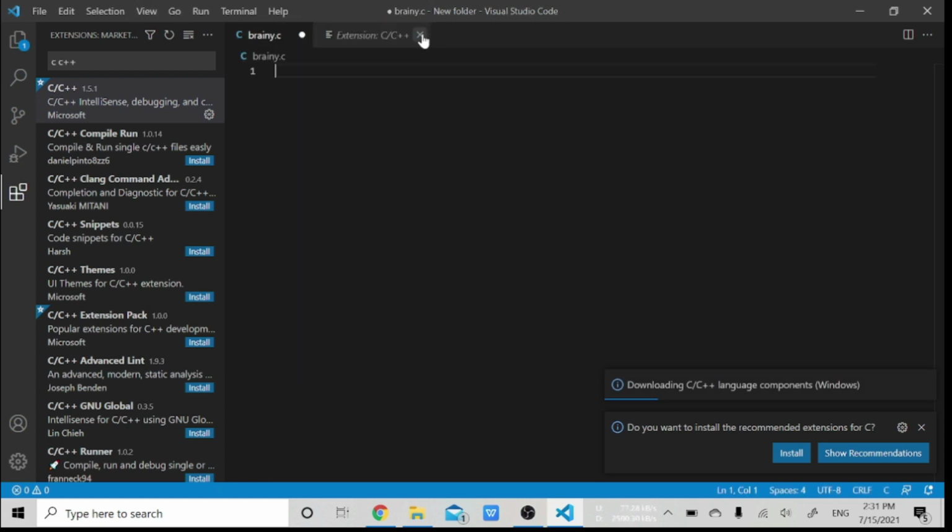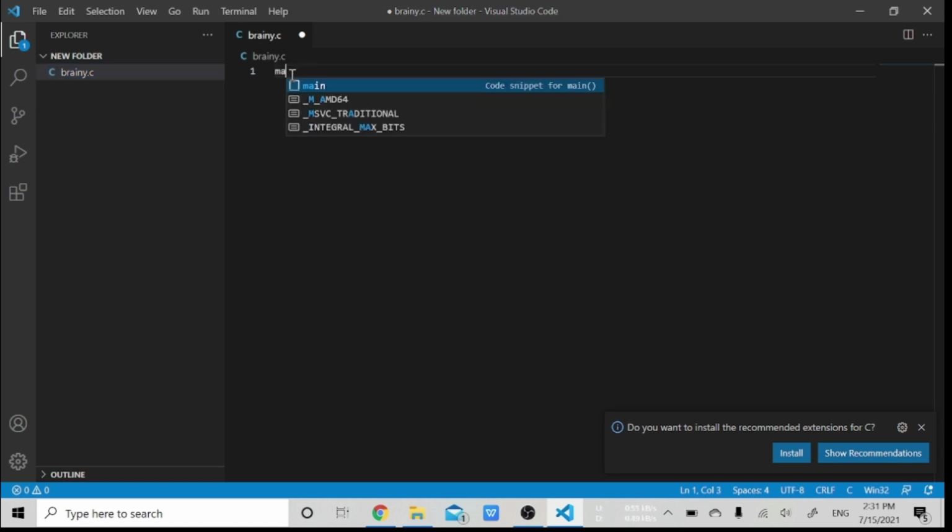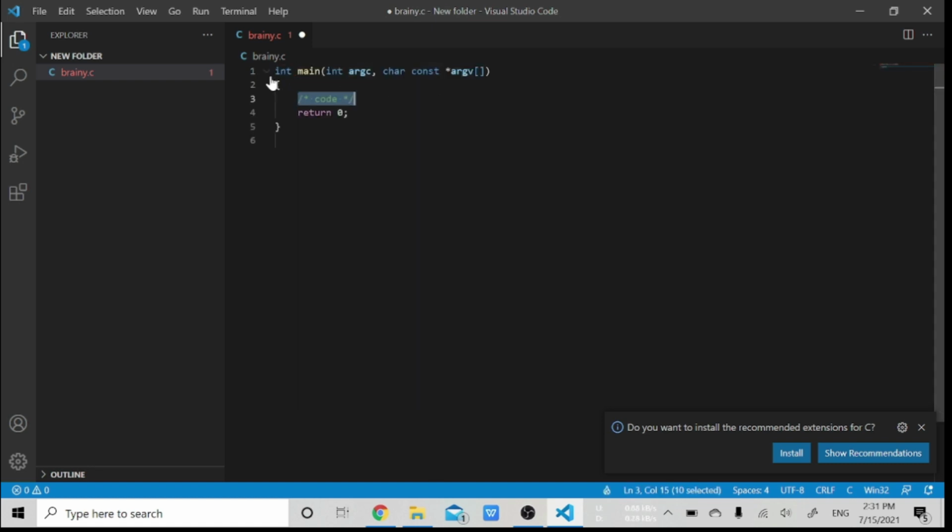Now I am writing main. So I will first refresh it. Now I will write main here. After I write main, it shows a code snippet for main, which makes it easy for us. So just install that, and after writing main, when you press enter, it will give the snippet for the main function.